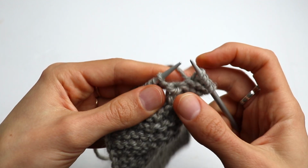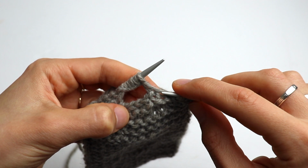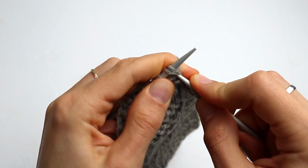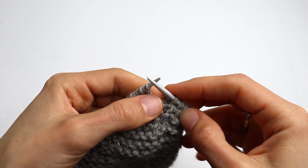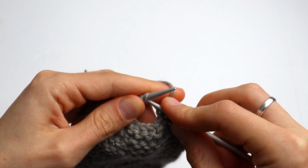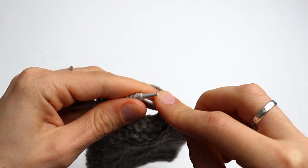Let me show you one more time. So this is V stitch, and pick up only one bar and place it on the left hand needle and knit 2 together. So like this we strengthen the buttonhole from one side, and we will do it from another side as well. Now knit 5,